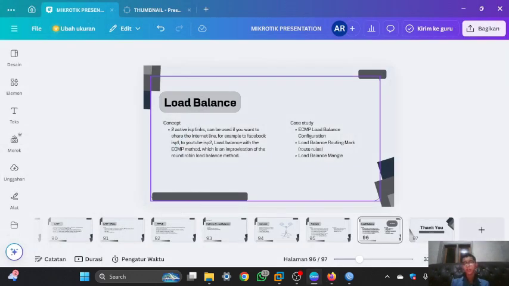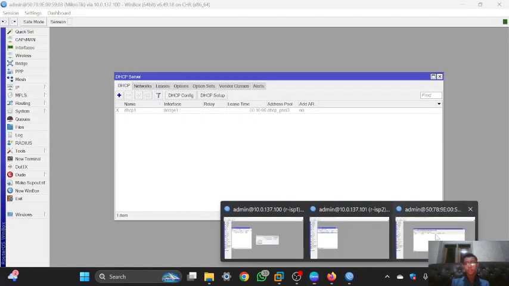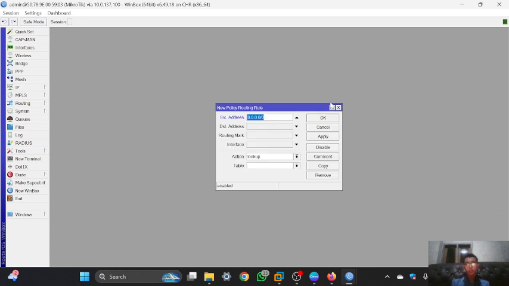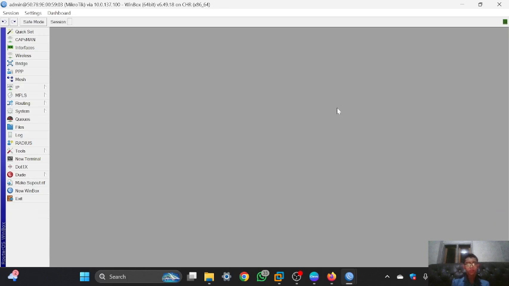And next I will do the configuration of load balance mangle. For load balance mangle, it is usually called firewall mangle because the mangle is in the firewall. So what is the firewall mangle? Mangle is more efficient because it can define a packet by the protocol.